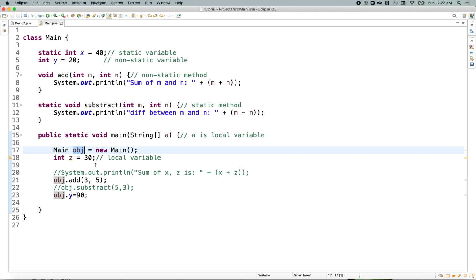It cannot be accessed using the class name; it will throw a compilation error. This is also an important interview question. They'll ask you, can we access the non-static members using the class name? The answer is no, we cannot. And what is the reason behind that?